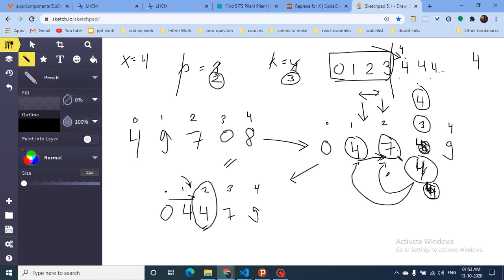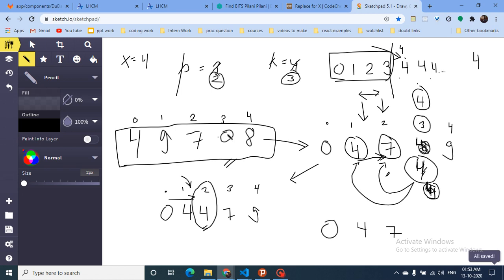I'll tell you with this example only, with 0, 4, 7. What you can observe in this array is that the sorted array is 0, 4, 7, 8 and 9.